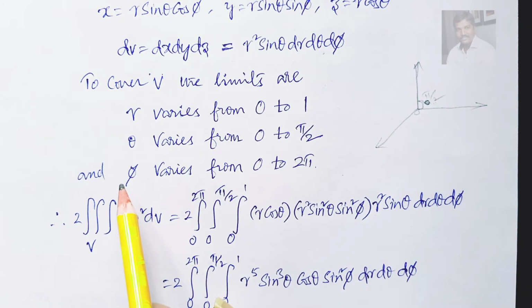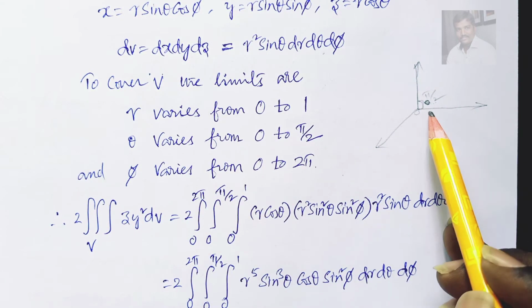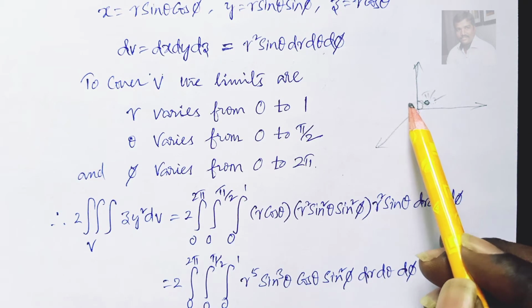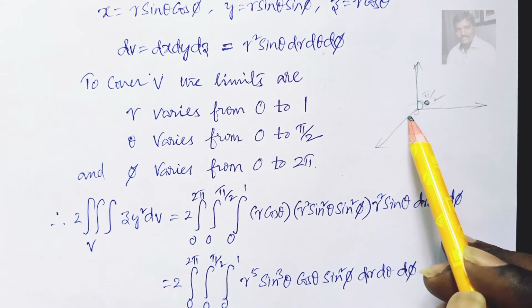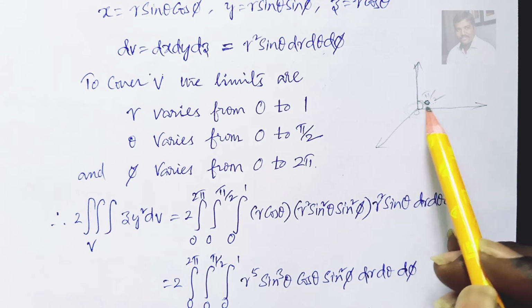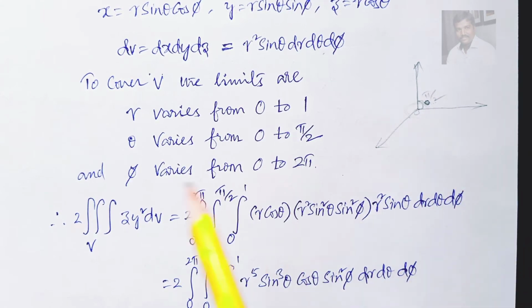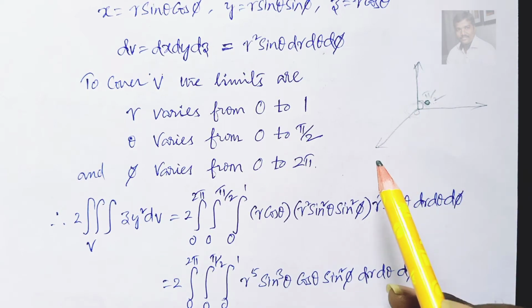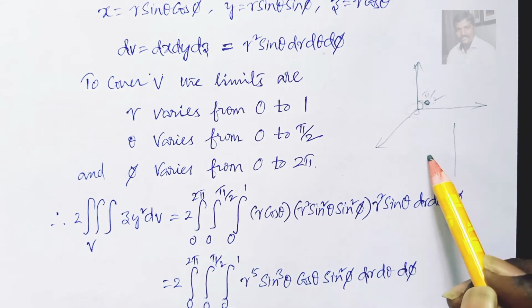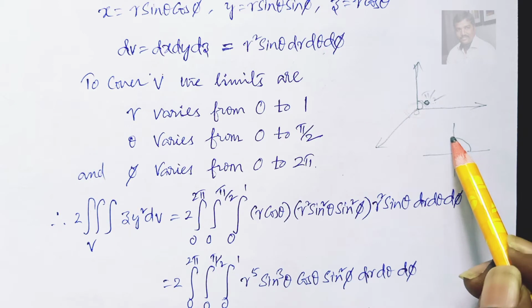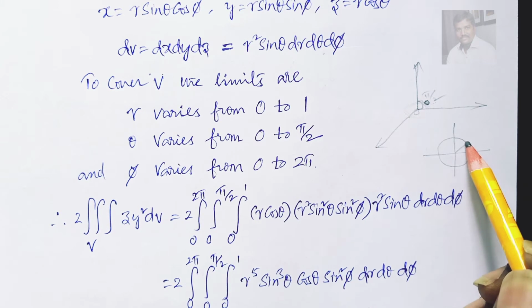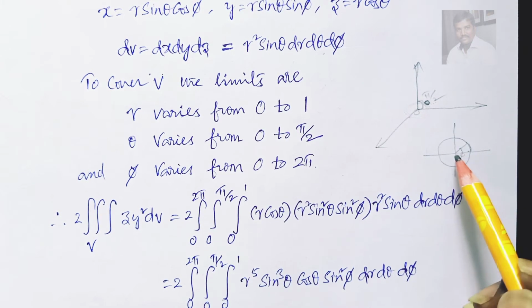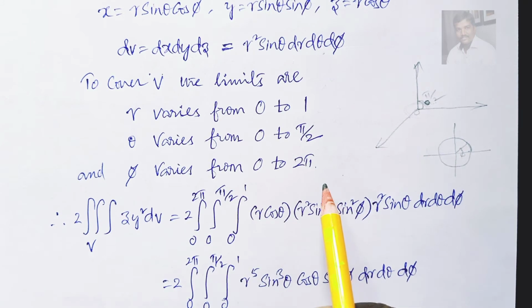Phi varies from 0 to 2 pi, that is on the xy plane. It's a complete circle on the xy plane. This is the phi here on the xy plane, the total angle. That is the bottom. The bottom is a circle, so that is the angle we are considering as phi. Like this, the bottom part, it's a complete circle where we'll consider the angle, that is the phi here. That starts from 0 to 2 pi.